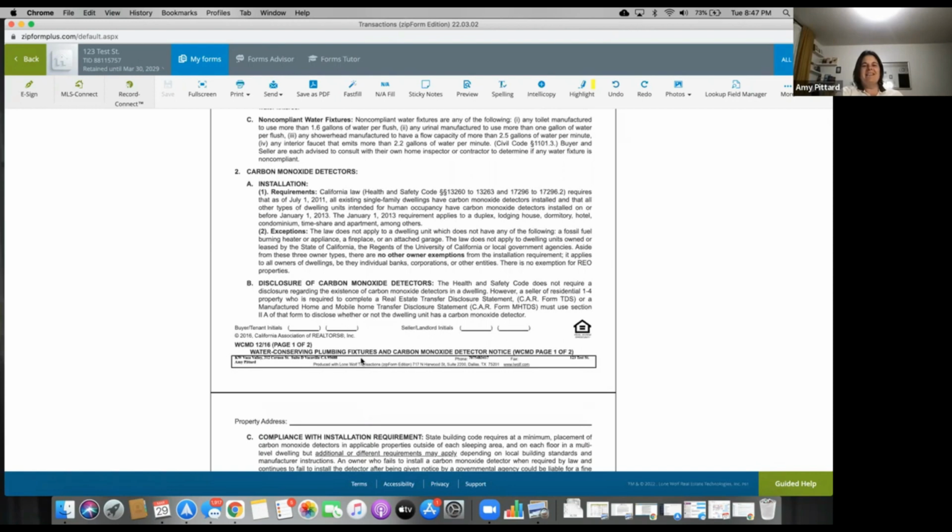The carbon monoxide detector notice just talks about that all properties at the point of sale are supposed to have carbon monoxide detectors. There should be one in a house that has any of these three things. It could have a gas anything, right? So if it's got natural gas or propane going to the property, if it has a fireplace, or if it has an attached garage. If it has any one of those three things, the house is required to have a carbon monoxide detector,